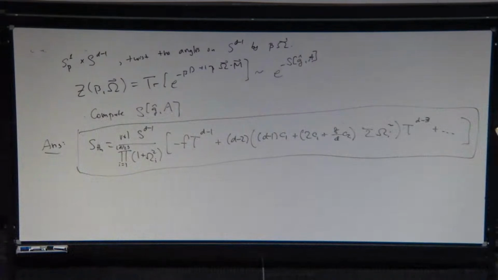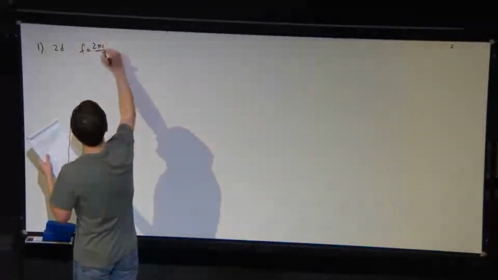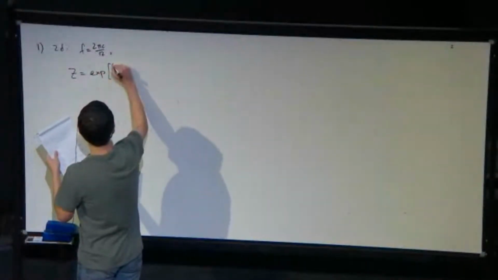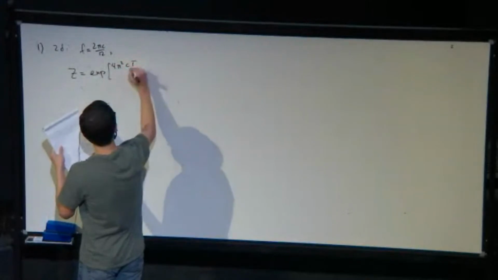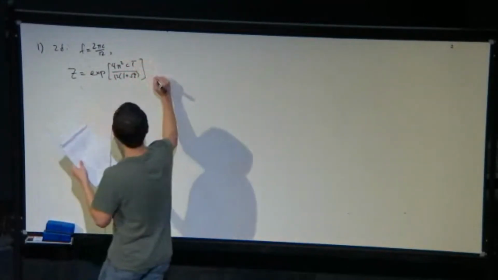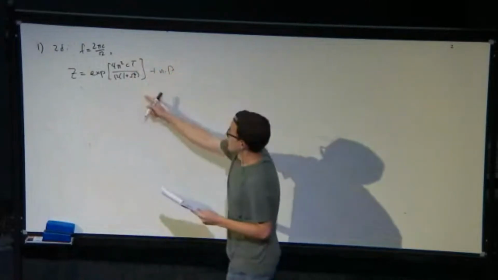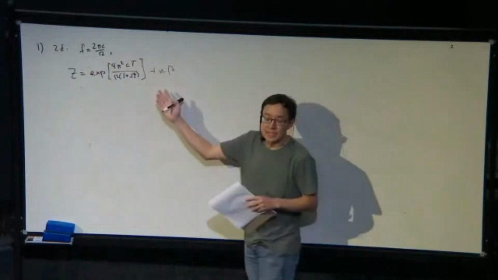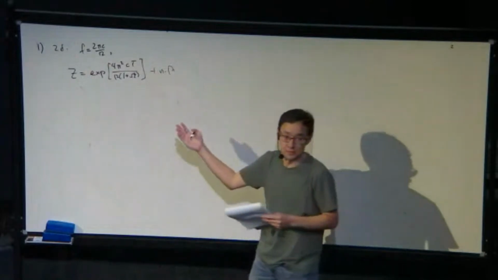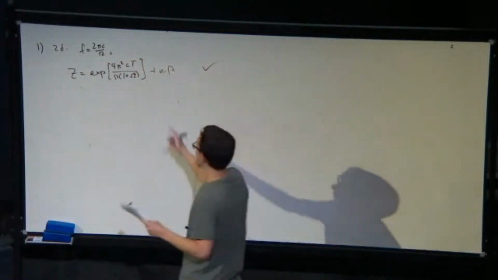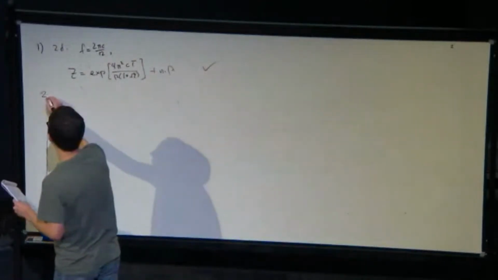So the first feature I would say is that in 2D, once I identify f with the central charge, we get the partition function is given by this, e to the T over 1 plus omega squared. And this is precisely the S transform of the vacuum. So this is exactly what we know from modular invariance of the 2D CFT. So this is the correct high temperature partition function in 2D CFTs.